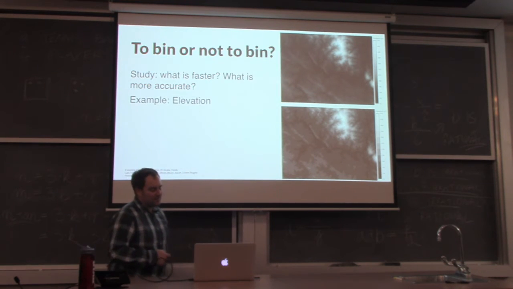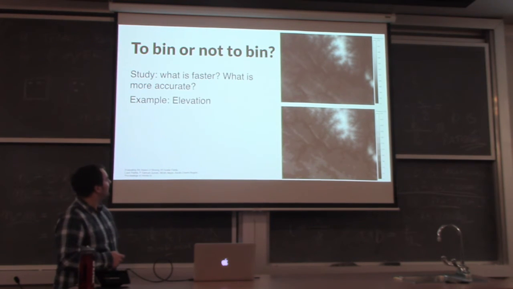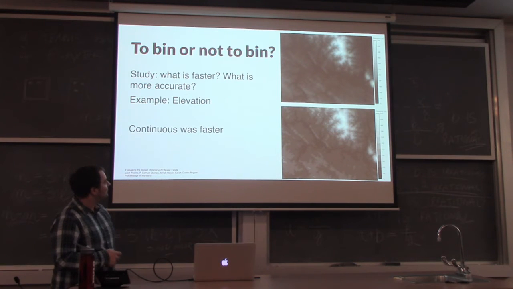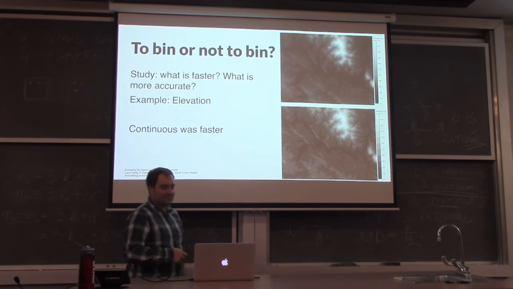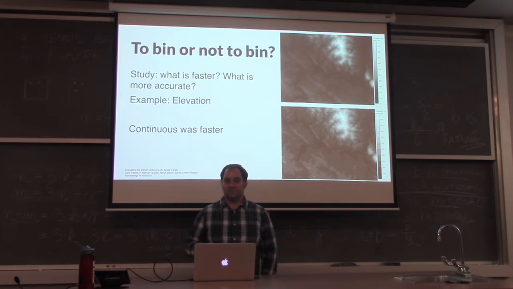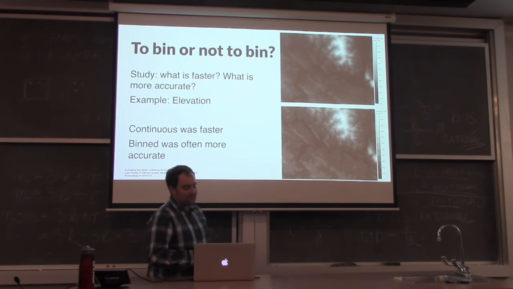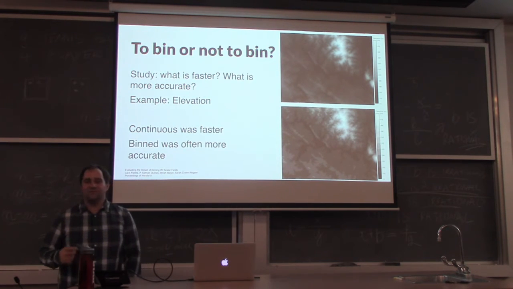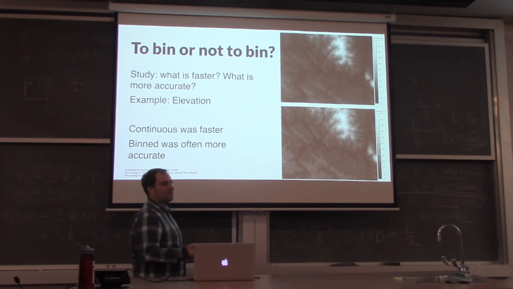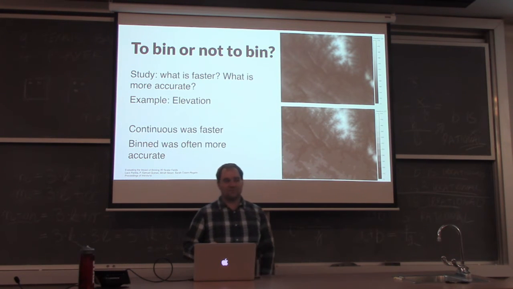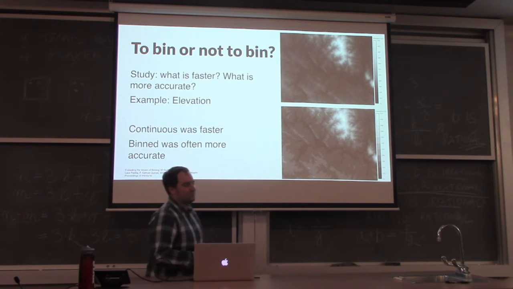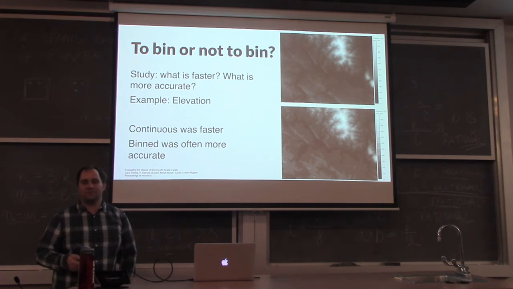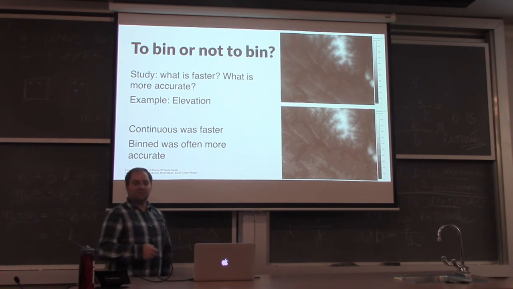It turns out that in this elevation example, continuous was faster, which is counterintuitive, but binned was often more accurate. 50% of the time the binning was about as accurate. It was never less accurate. But in 50% of the cases it was actually more accurate